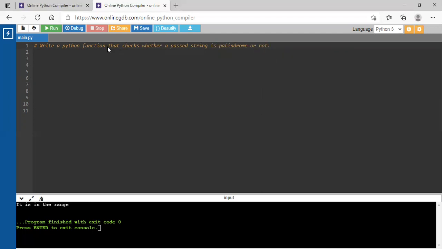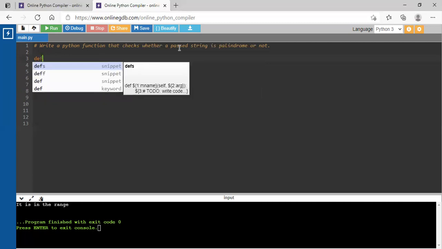So the very first question that comes to our mind is, what is a palindrome? A palindrome is a string whose reverse is also the same as the given string. Suppose I write A Z A. When I reverse this, the reverse also comes A Z A. If I take the number 1 2 1, the reverse is also 1 2 1, but here it is only a string. Here it is not a number, so we cannot deal with numbers here.